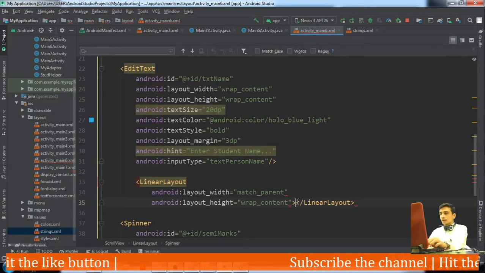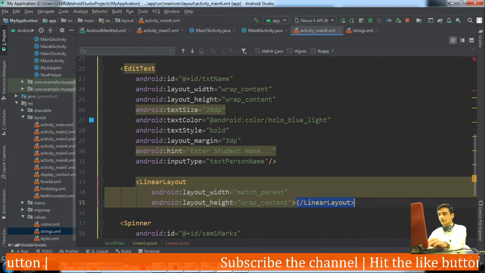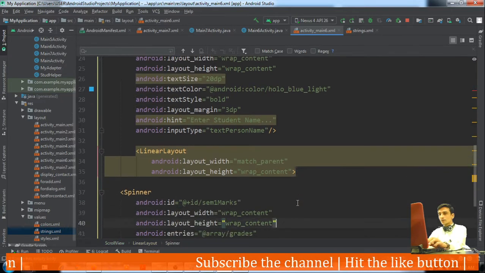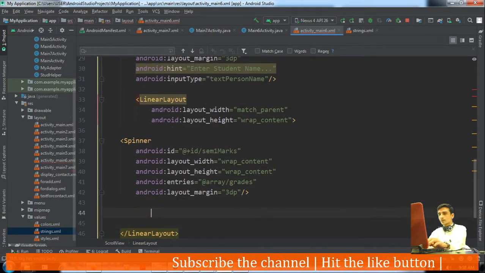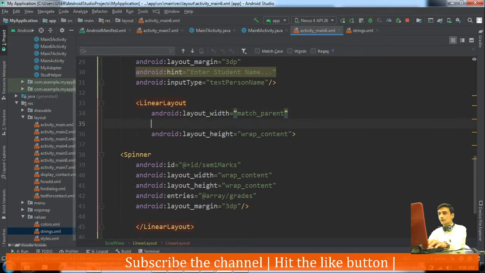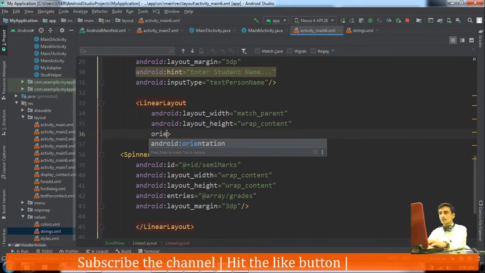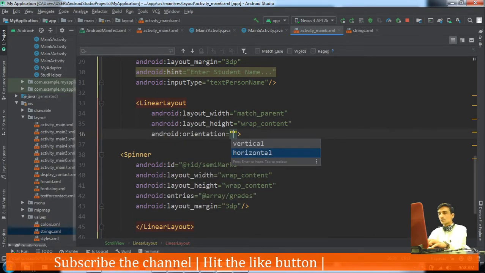Here in our linear layout, we will put a text view and a spinner, and the orientation of this linear layout we will set as horizontal.